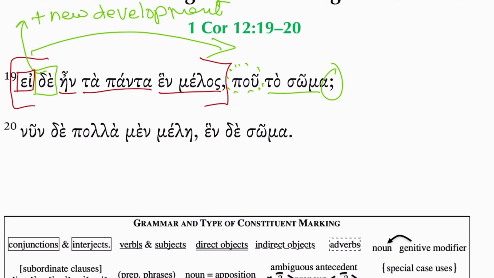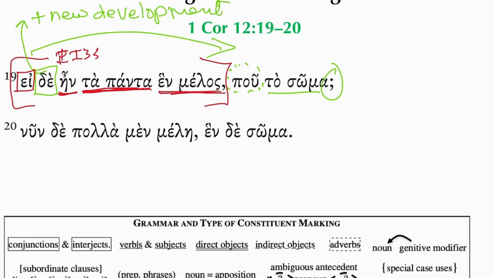Ei, hen, past tense, was. So if it was, hen is third singular from eimi. Actually it's imperfect indicative third singular from eimi. Ta panta is the subject, plural nominative, and that can work with third singular verbs. So that's something that can throw you off. You see a neuter plural subject working with a third singular verb, and you're like, wait, plural going with singular? It doesn't work. But it does work because it's neuter. Neuter nominative nouns can be plural, working with third singular verbs. That's the default. So if all things were